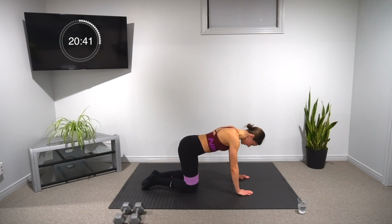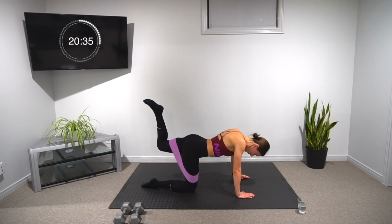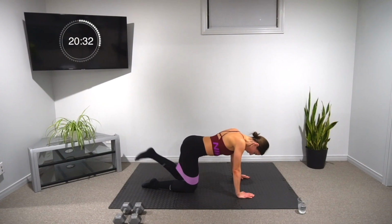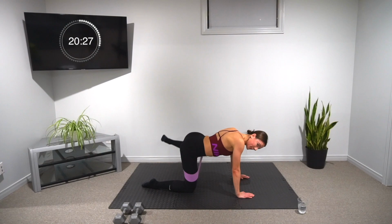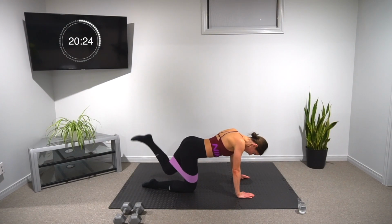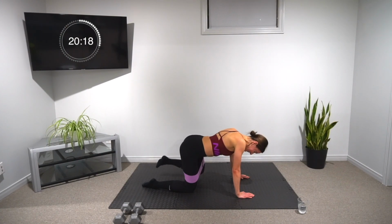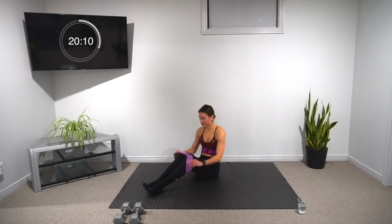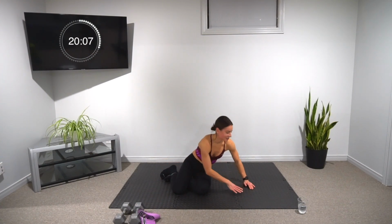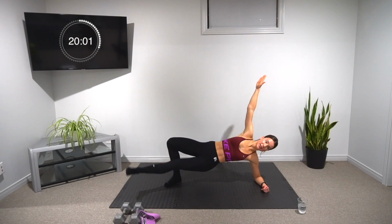And switch sides. We have about 5 seconds left. Keep going. Switch. So we're getting rid of our band into the giant clamshells. So side plank position, top leg is bent. Lift the hips if you can. And we're